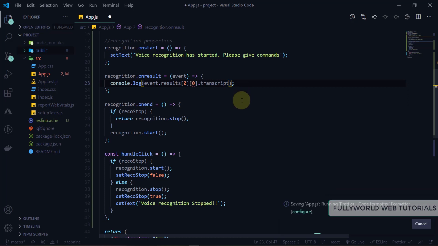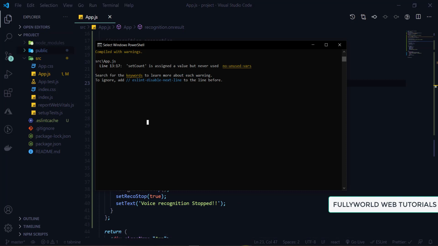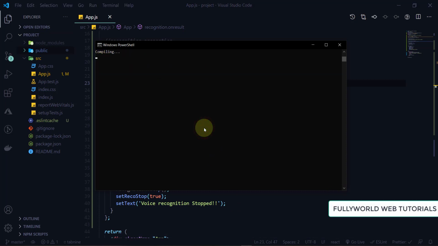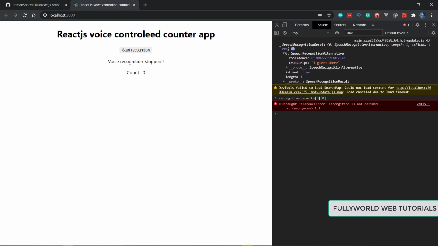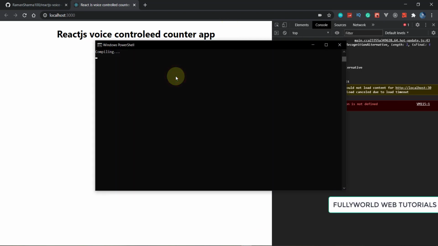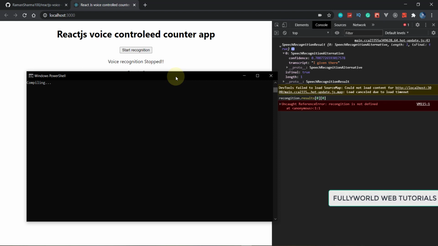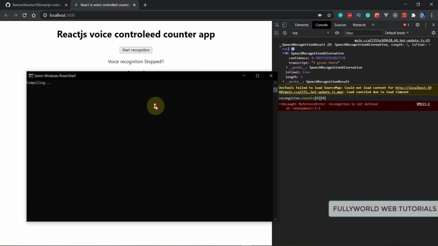So it will take a little time for the saving also. Now it is saved successfully. So now let's compile it. So it is compiling. It will take a little time for the compilation. Let's wait for a while, and we will check it here also. Our page will automatically refresh. Hot reloading is there, so that's why it will refresh automatically. Let's wait for a while until it is compiling.